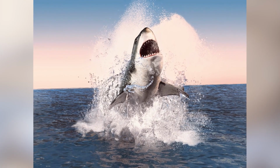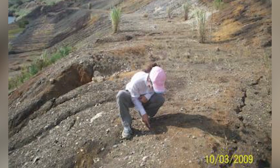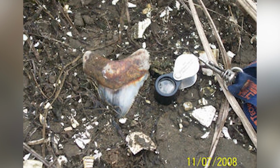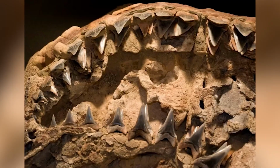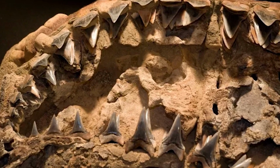Researchers from the University of Florida uncovered what they believe to be the world's first Megalodon nursery, located in Panama. The researchers found a shallow stretch of the Gatun Formation, in which over 400 Megalodon tooth fossils were collected. Most interesting, though, was that the teeth in question were all greatly undersized compared to their usual finds on record, indicating that these were most likely fossils from young Megalodons trying out their training teeth and seeing how well